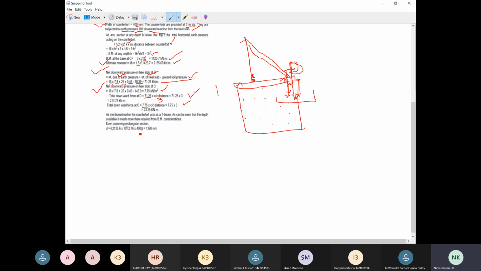As mentioned earlier, the counterfort acts as a T beam. Just as the T beam has been designed, applying the same concept here, we are designing the counterfort by utilizing the concept of how the T beam is designed. So by using that concept, if you refer to page number 96 of IS,